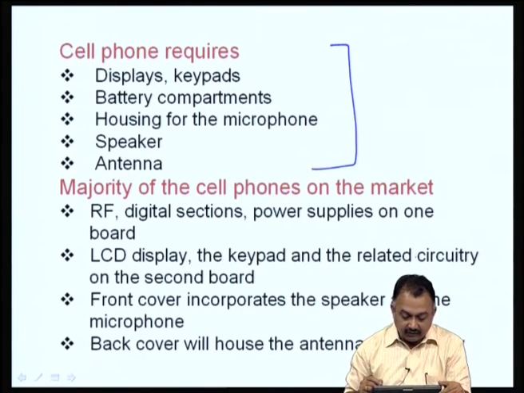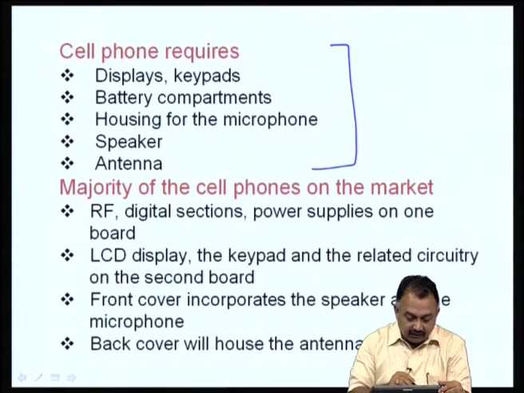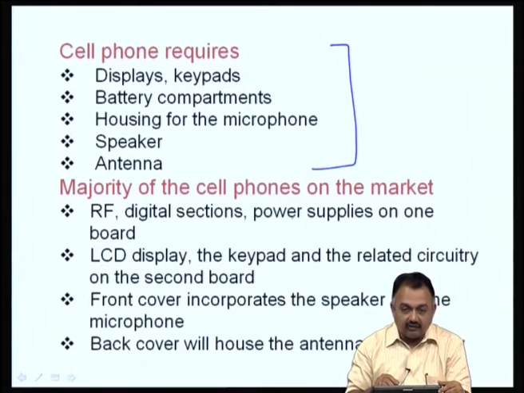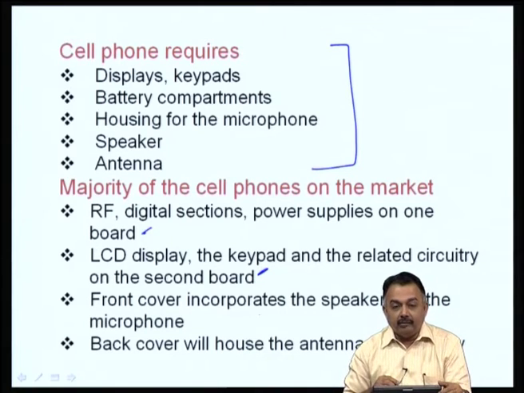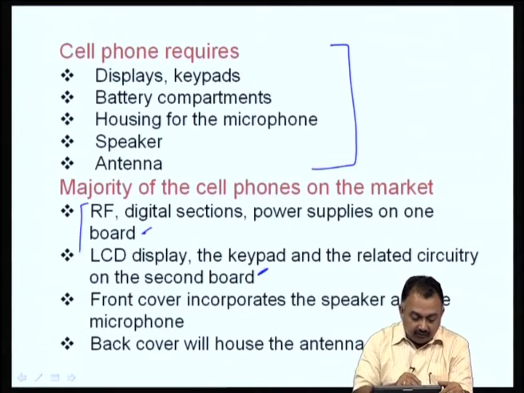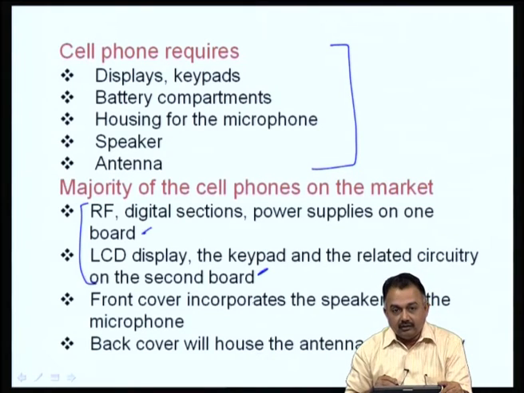The majority of the cell phones on the market have the RF part, digital sections and power supplies on one board, the LCD display, the keypad, and related circuitry on the second board. So, you can assume that there will be 2 boards generally. If you are able to pack the entire thing in one board, that is going to be great, but it is still not yet.